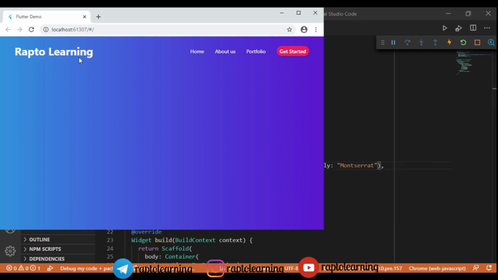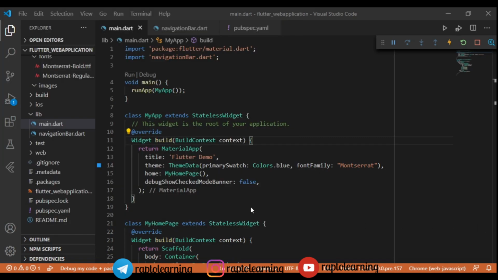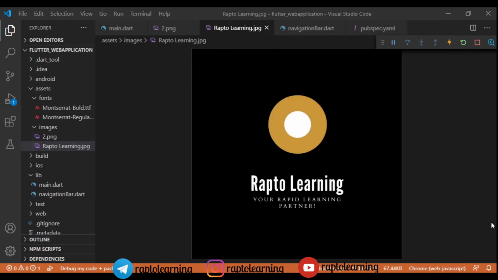So as you can see, the fonts will change probably. I will just hot reload it and you can see the changes here. Yeah, it is looking much nicer than the previous one, right? It is looking very impressive now, and the text and font are awesome, right? So it is better than the classic one, which is the default one.